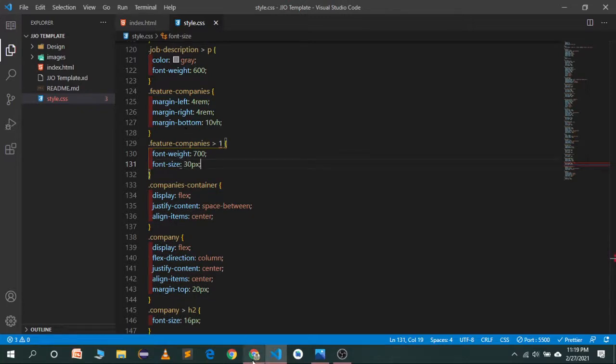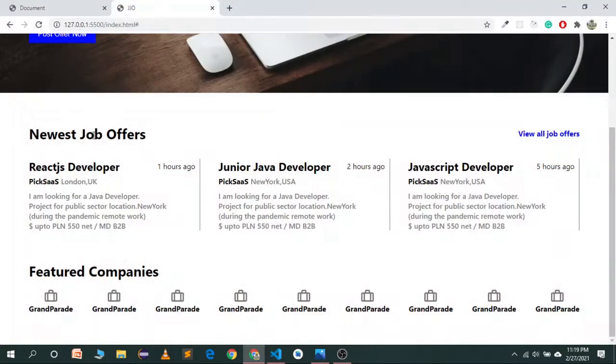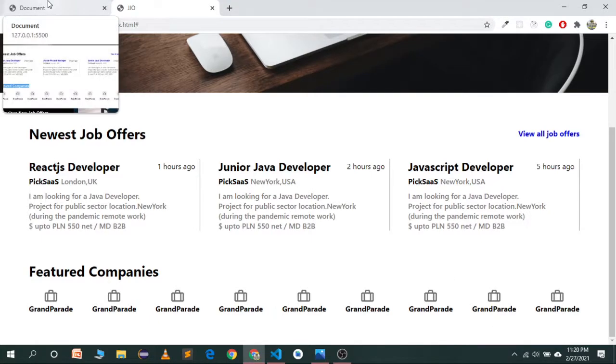Let's save it. Oops, what's happening? So we want to target the h1, and now you will see we have the same design as the upper heading, and now we have a container which we have arranged in the row direction.